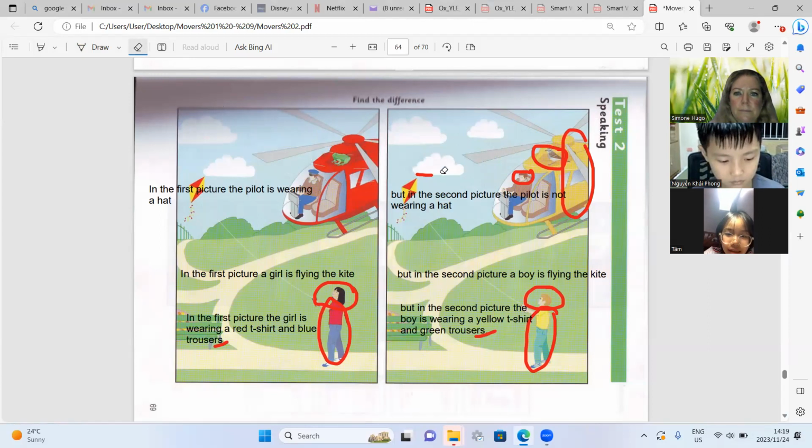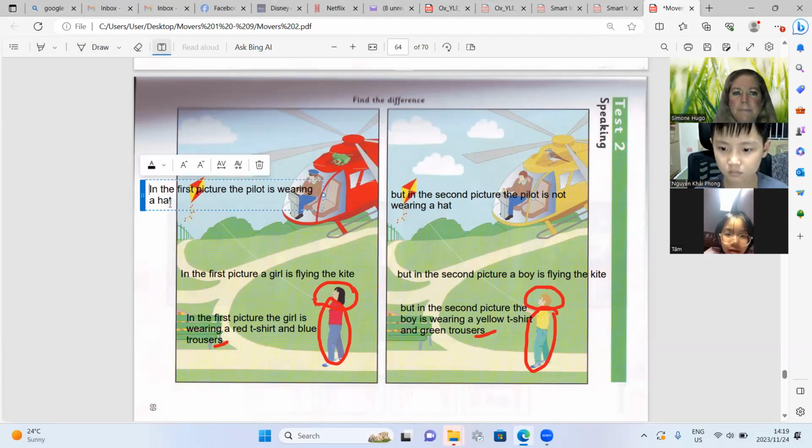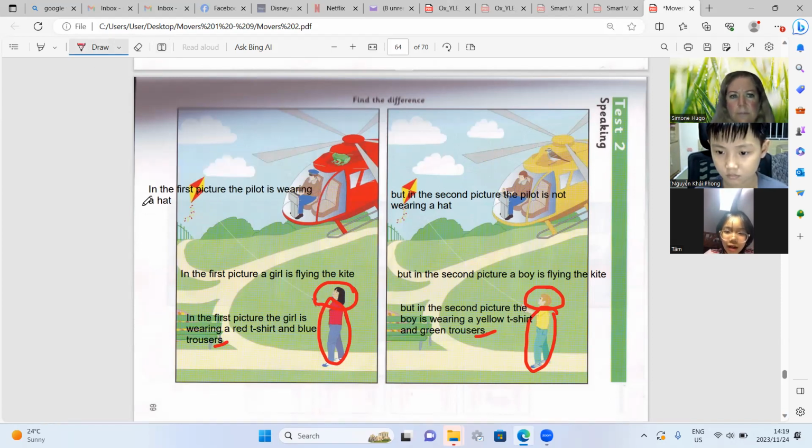But in the second picture, the pilot is not wearing a hat. Can you read this one again? I didn't hear you. In the first picture, the pilot is wearing a hat, but in the second picture, the pilot is not wearing a hat.